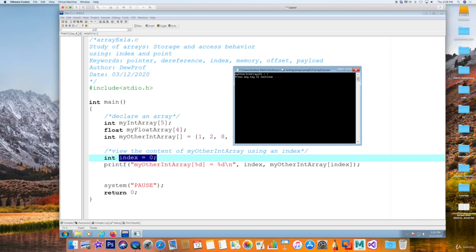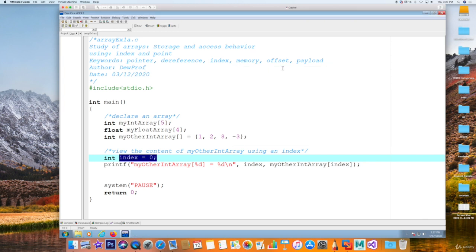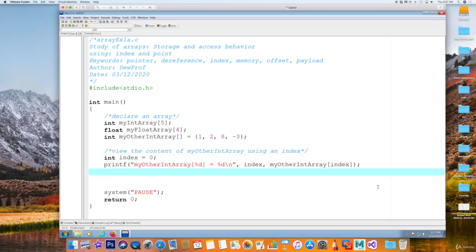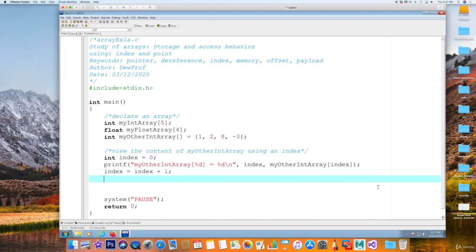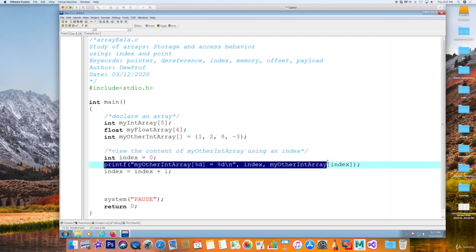Okay. Now the advantage of this is I can now copy and paste and in between increment index. So what I can do now is index equal index plus 1. This is what we call an incrementation. So if index was 0, now it's equal to 1. And then guess what we're going to do? We're going to go ahead and copy this. And notice I don't need to modify this print statement,